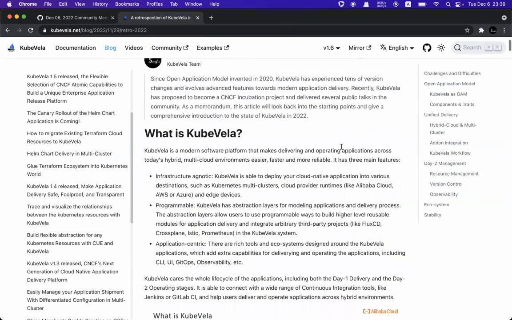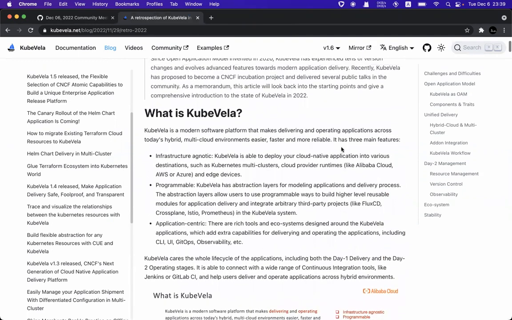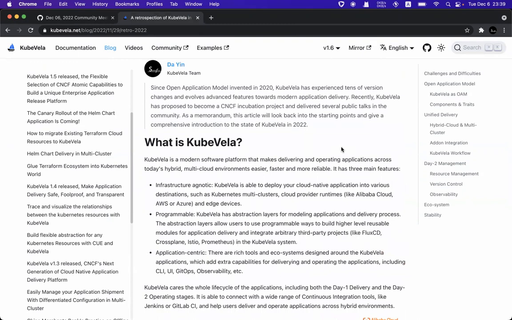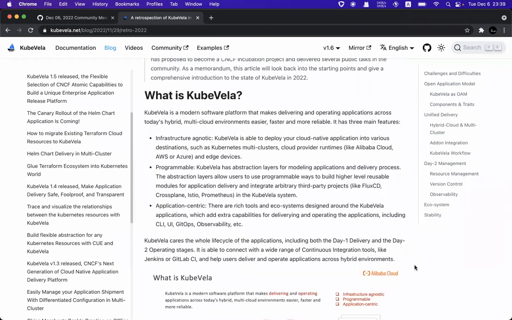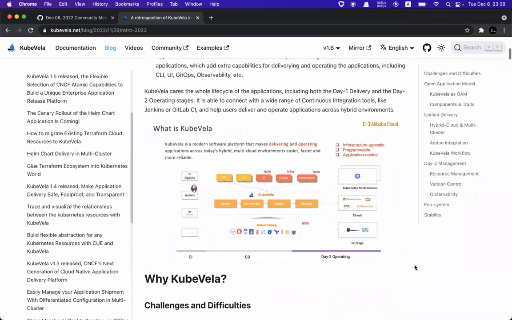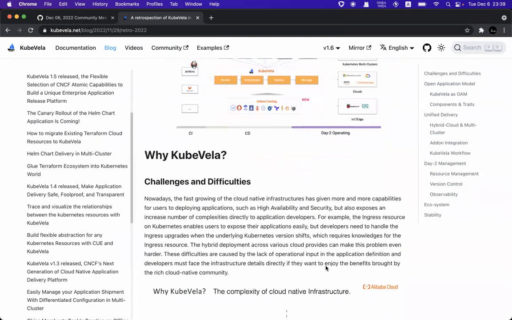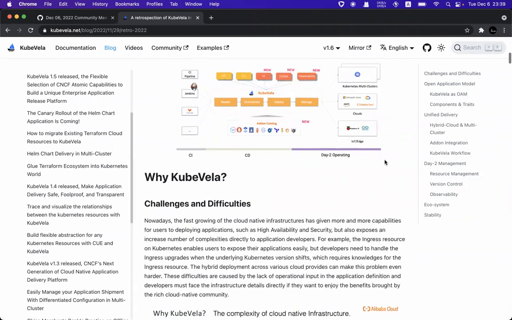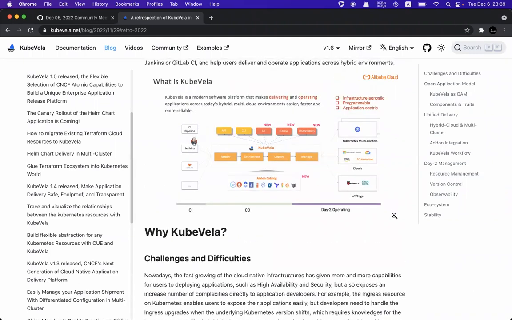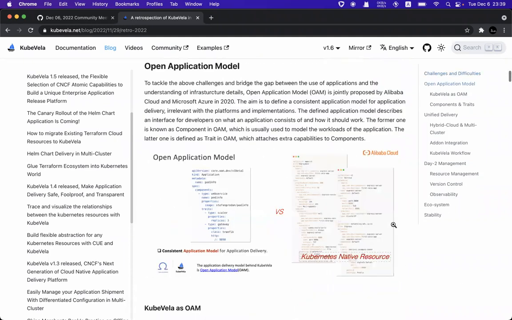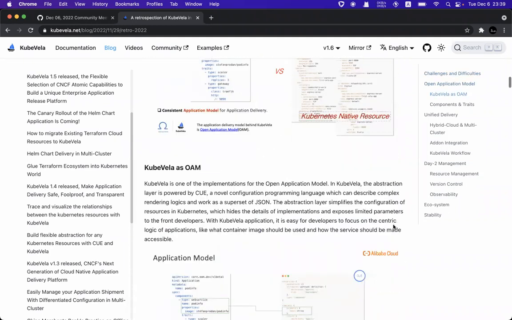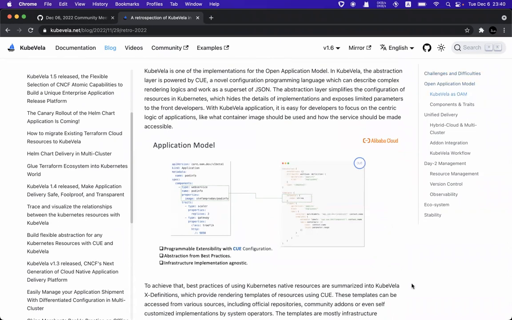And this document and the presentation go over generally all the features of KubeVela which we have nowadays, from the most starting points, from what is KubeVela and why we need KubeVela. So it talks about the challenges and difficulties for application delivery on Kubernetes nowadays, and how KubeVela is built to solve those problems. We start from the open applications model, and we have the very critical part is that we